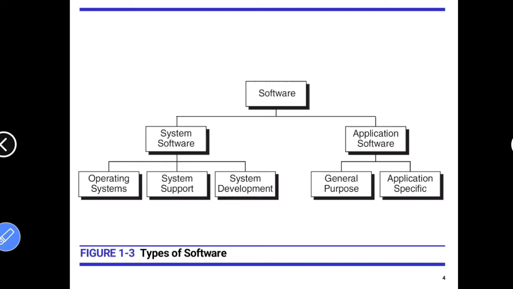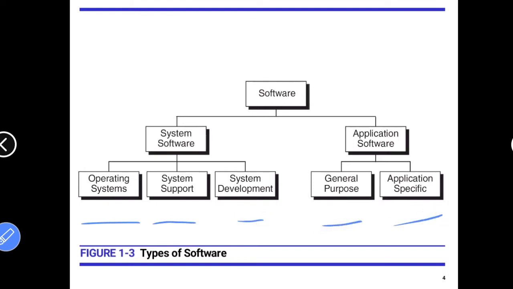For example, system software is the operating system, that is Windows, Linux, Mac. They directly communicate with the hardware, like CPU, RAM, all those things. And for application software, we can say Office, Outlook, Gmail; these are application software. Further, these are divided into different types of software: